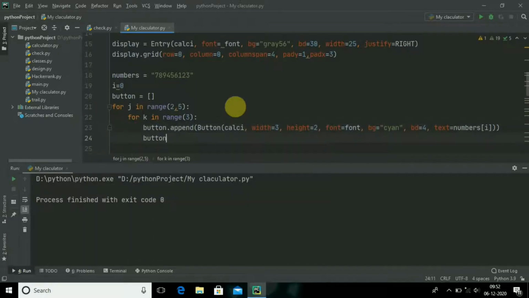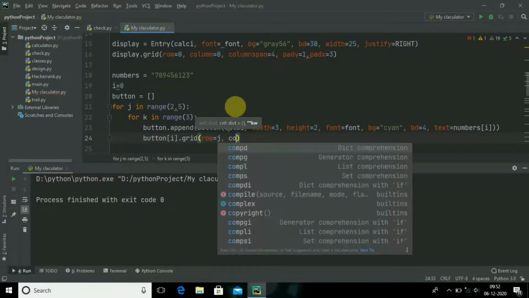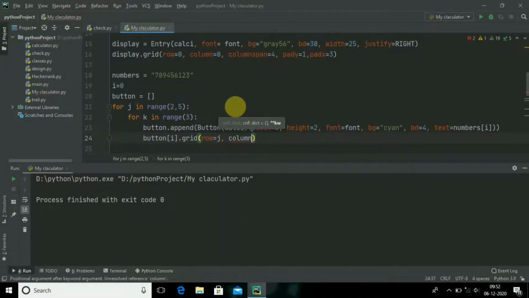Then after button dot grid, here I am using the grid to arrange, and row equal to j and column equal to k.